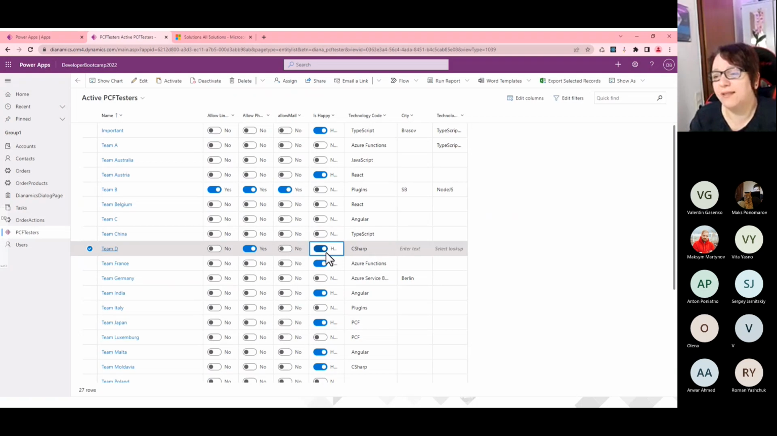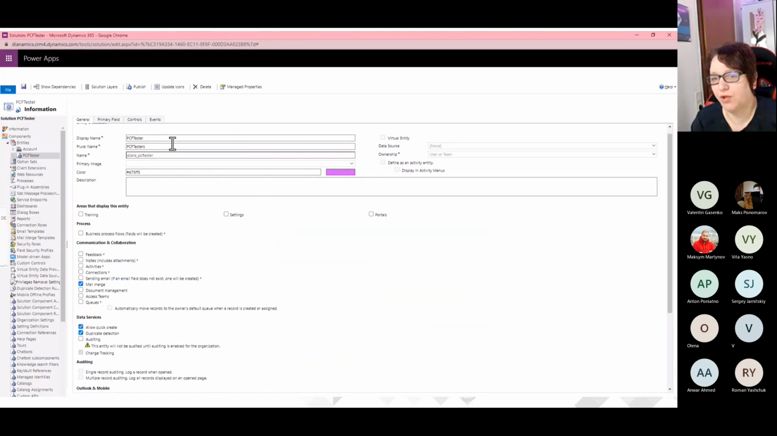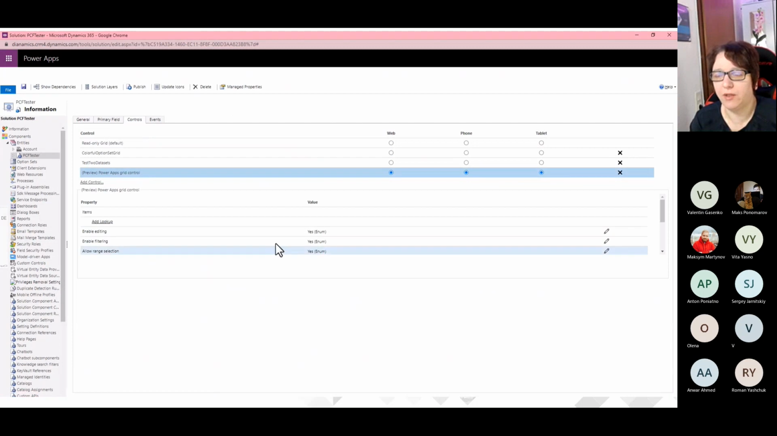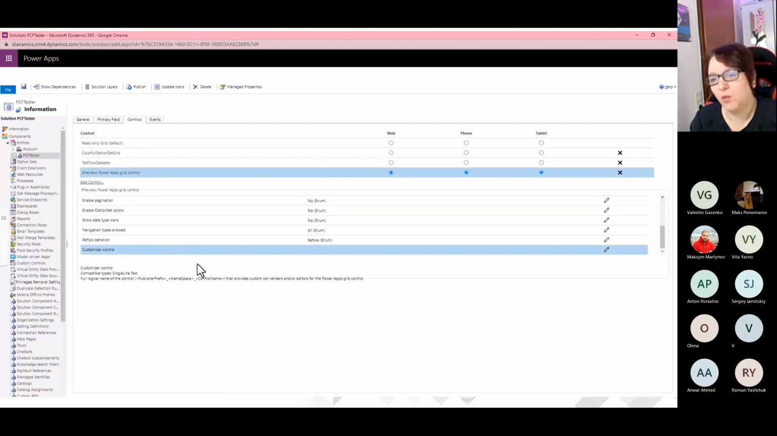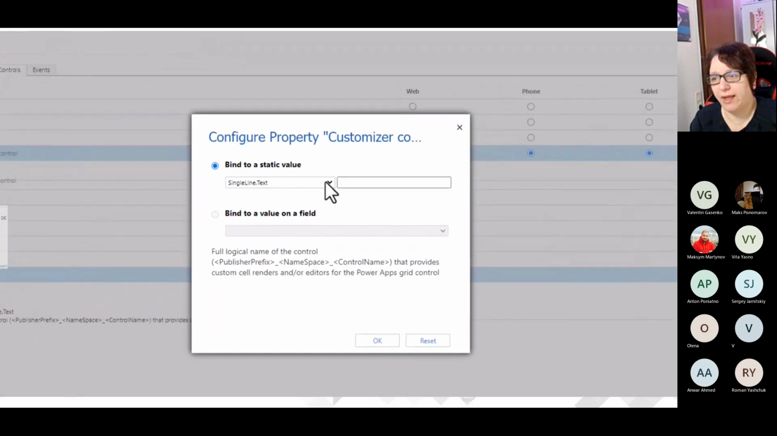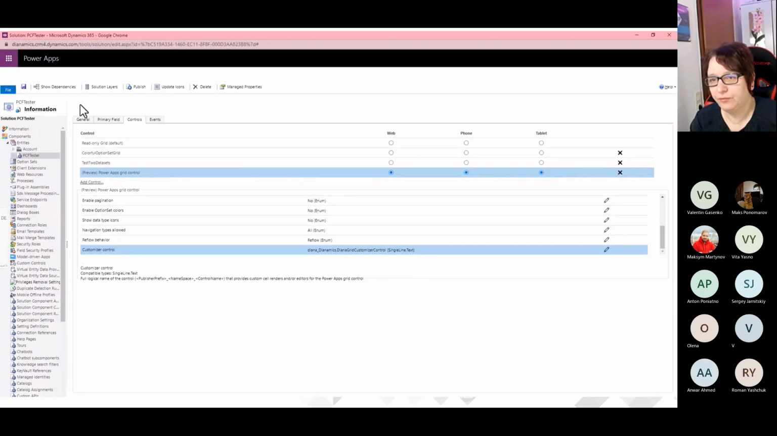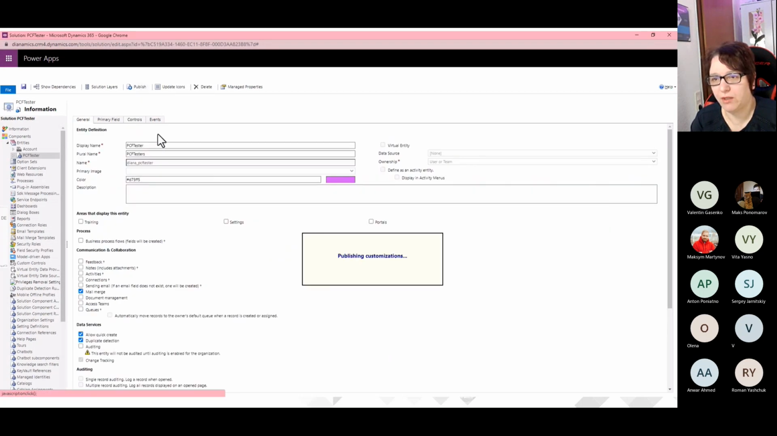So first, this is the standard Power Apps grid, where we have the standard controls, and they are editable too. As soon as you change the row, the data will be changed. But if we go in the customizing and choose the Power Apps grid, we can define there the customizer control. And there I just have to specify the name of my PCF. It should be the prefix of my solution, then the underscore, then the namespace, dot, and the name of my PCF. And after we save and publish that,